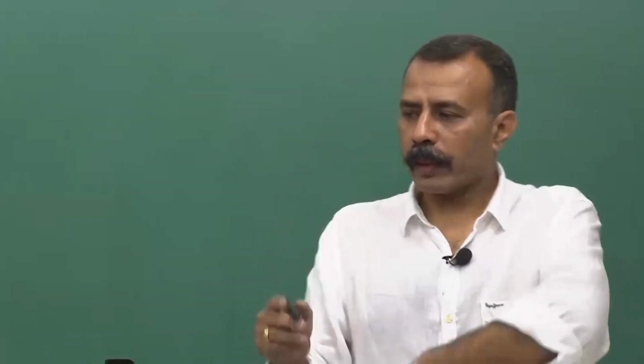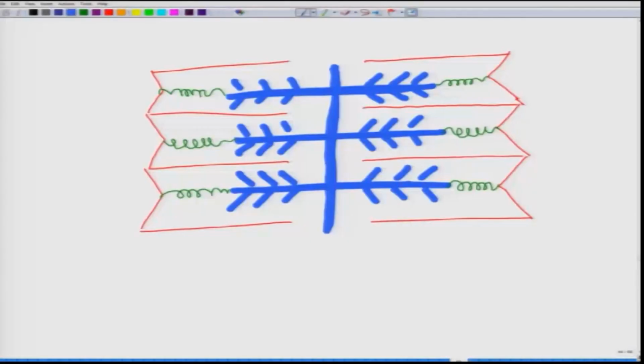Now, there are a few terminologies which need to be defined. I defined this terminology, the Z line. We know about this titin molecule. We have talked about myosin. Within myosin, there are a few other interesting things. We have talked about this part. This is called the H zone. I am just introducing this; I haven't introduced it earlier. And this whole assembly from this end to this end